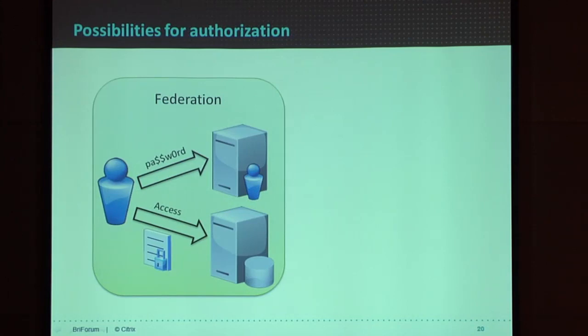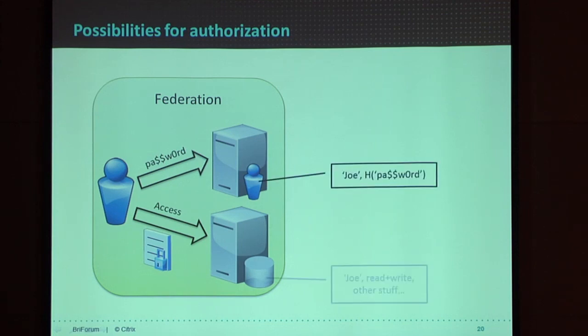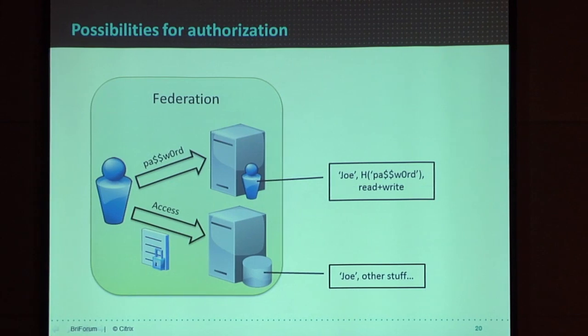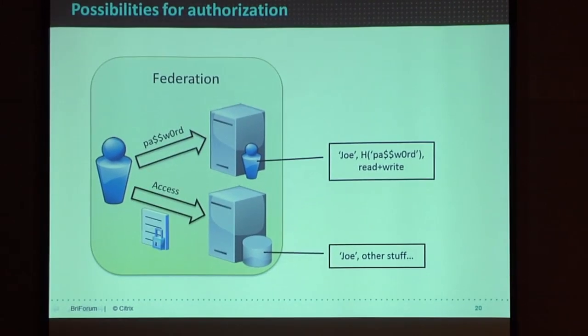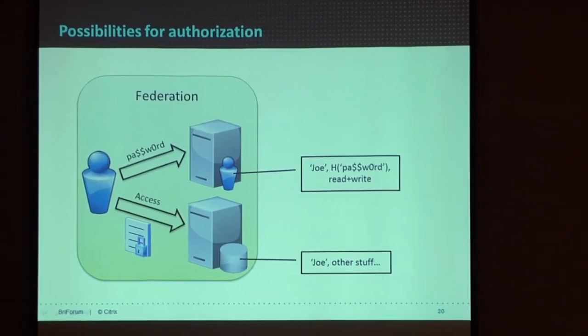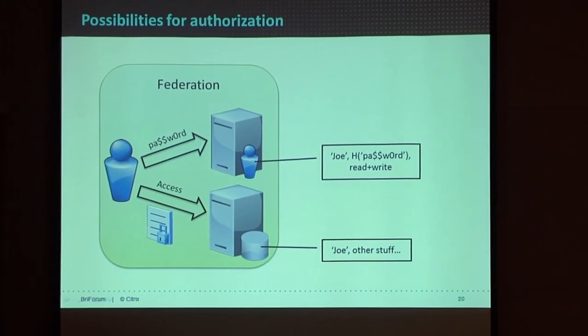Now, there are actually some quite interesting possibilities that come from the federation model, which may not be immediately obvious. So if you start with the situation where the identity provider just knows who Joe is and can approve his identity, but the service provider is the one who has the access control policies, the read-write bits, it doesn't have to be that way. You can say that read-write logic, the entitlement of Joe to do that operation, could move up to the identity provider. That access token could equally well convey that information as well as his identity, and it's all trusted. In fact, you can go a stage further and say,